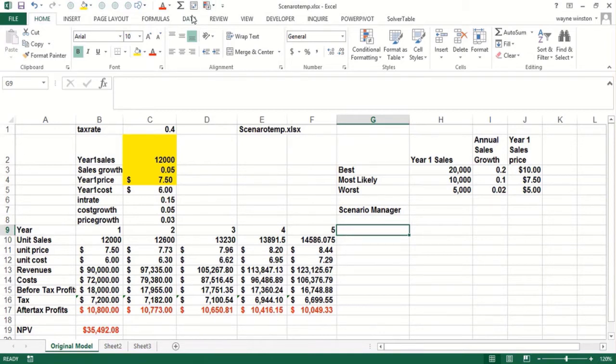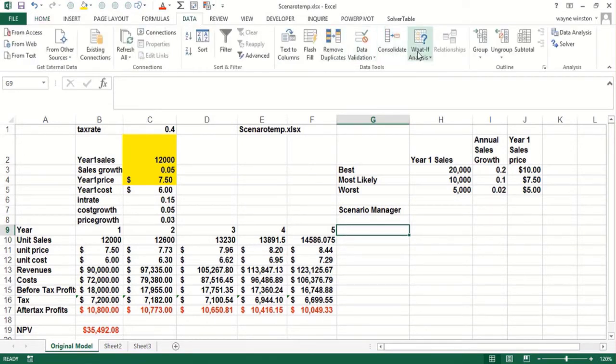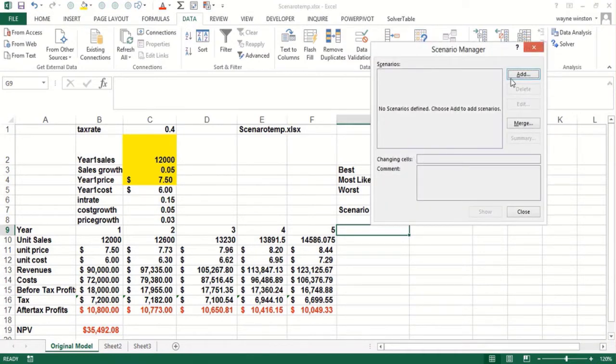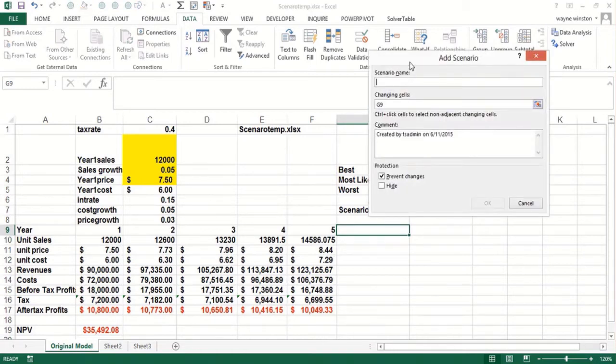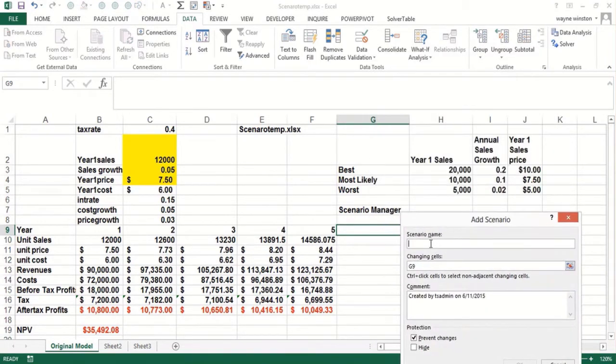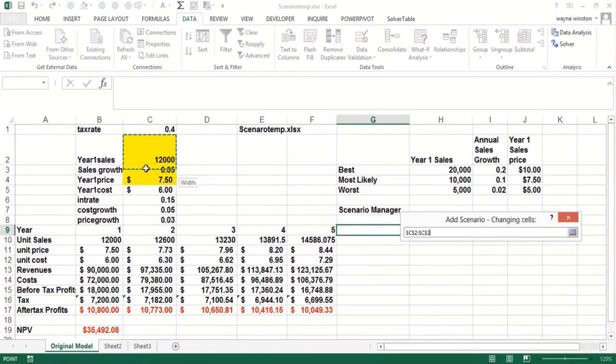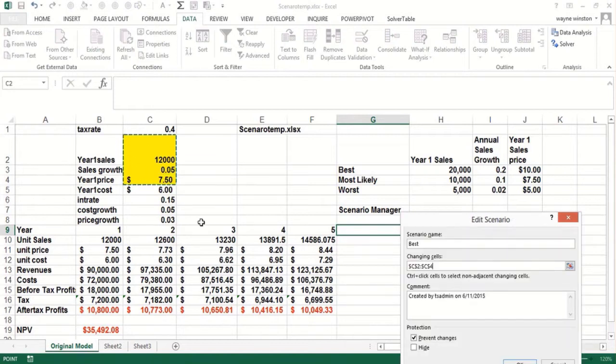Okay, so let's create a scenario. So you go Data, What If Analysis, Scenario Manager, No Scenarios, choose to add scenarios. Okay, so let's do the best case. Now, what are the cells that change? That's going to be these 3. If I name them, the names would show up in the report. Okay, now if I click OK,